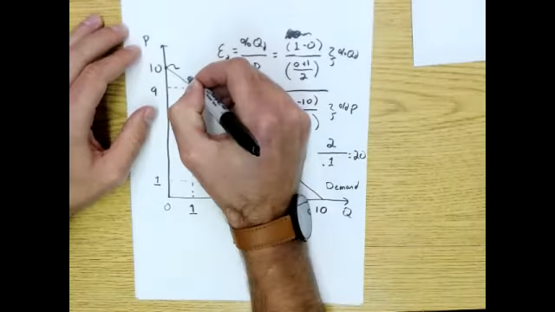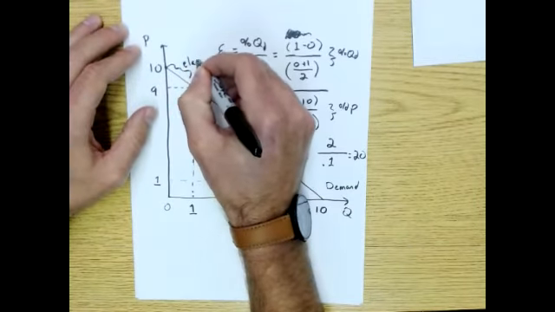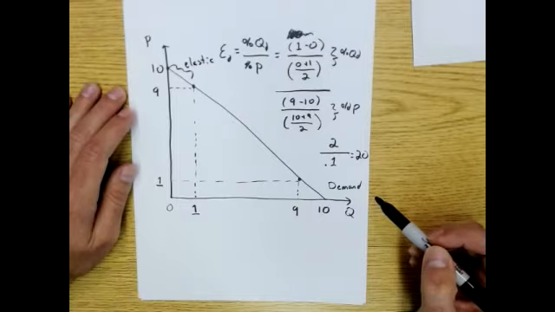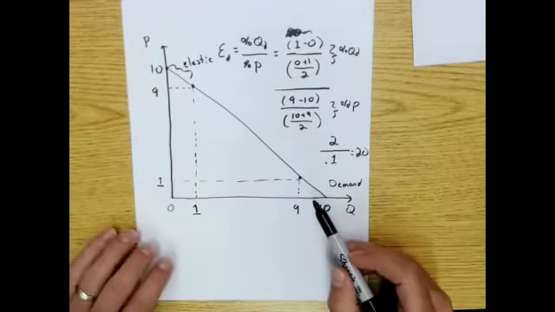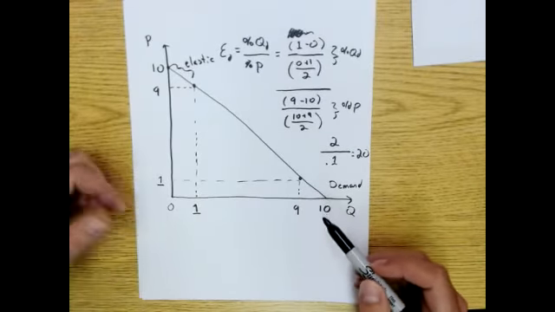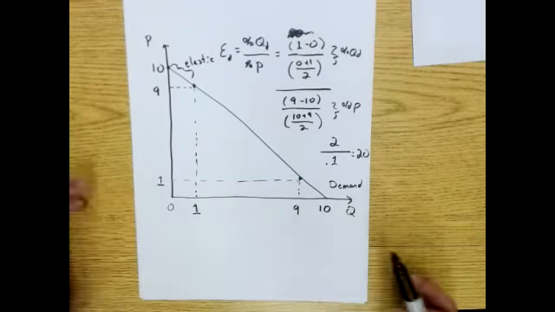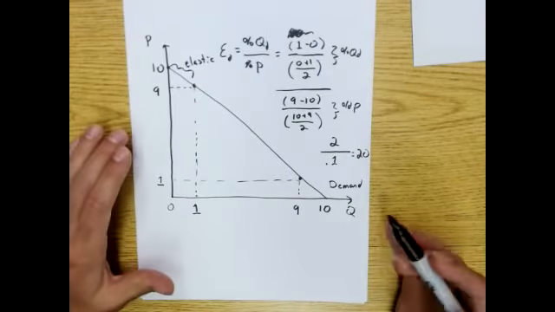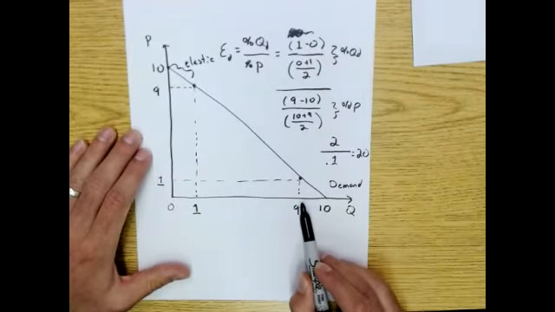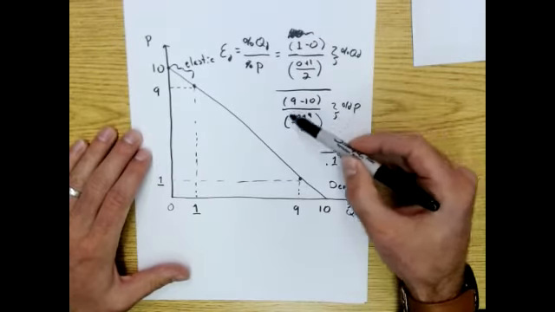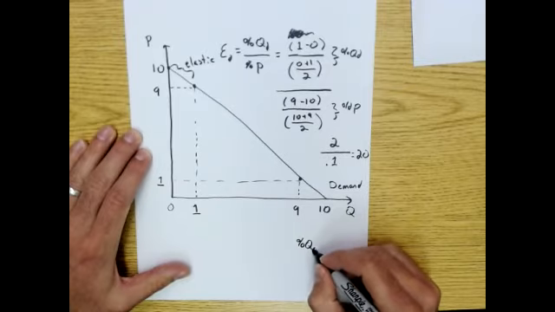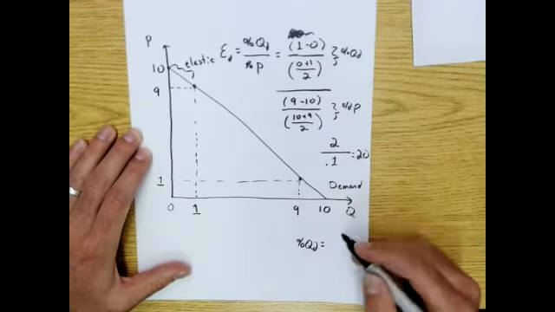So here we would say that we're on an elastic portion of the demand curve. That elasticity is greater than 1. We talked about that last class. We do the exact same thing down here at this point in the demand curve, but basically everything's flipped. It's the same values. I kept those the same to make it easier. But now my percentage change in quantity demanded, going from 10 to 9, is going to be that 0.1